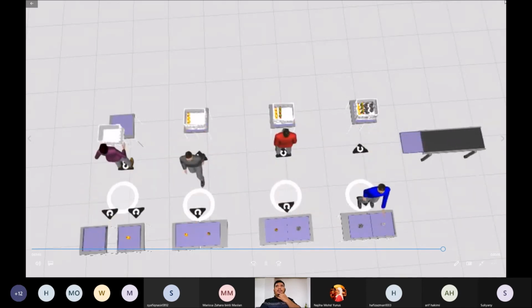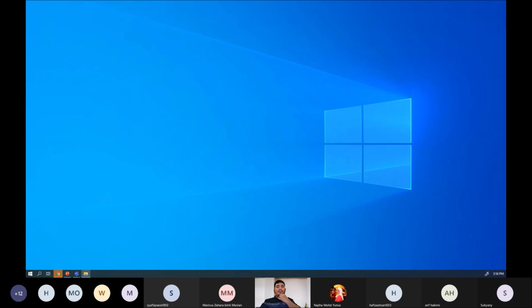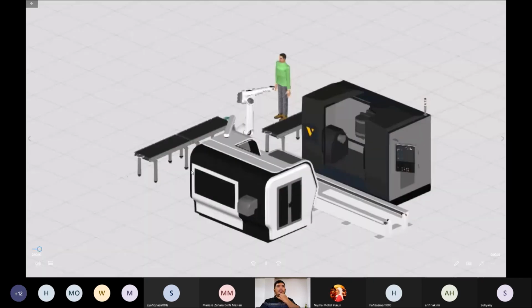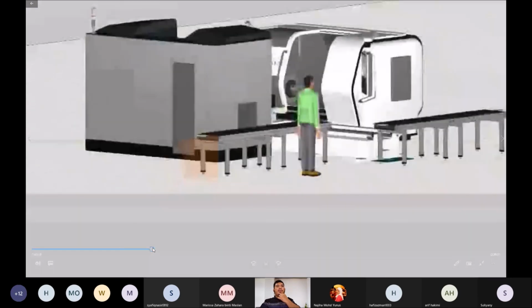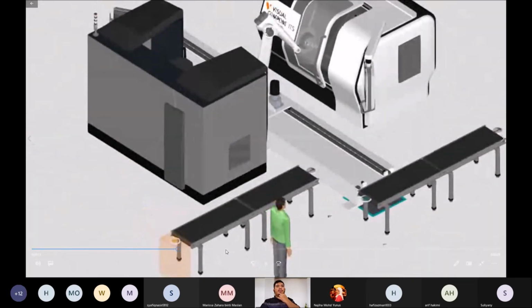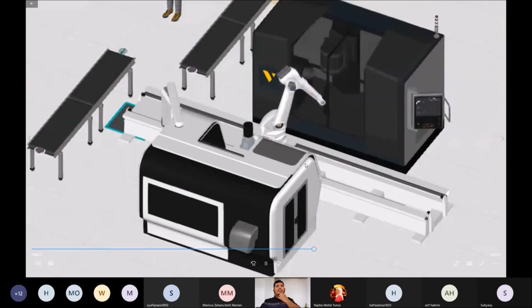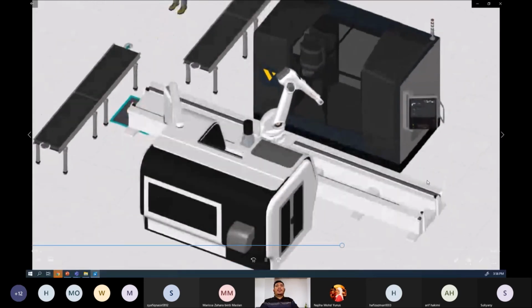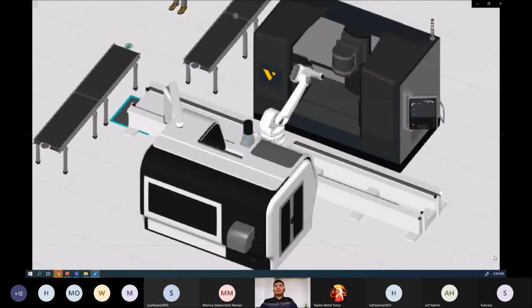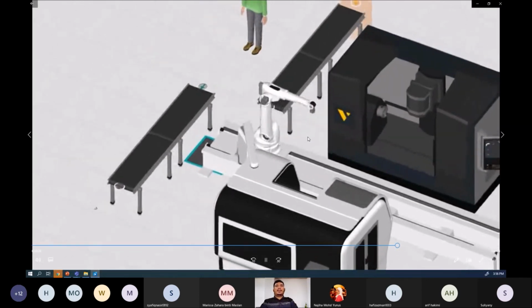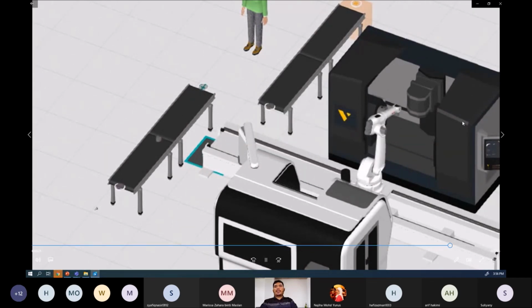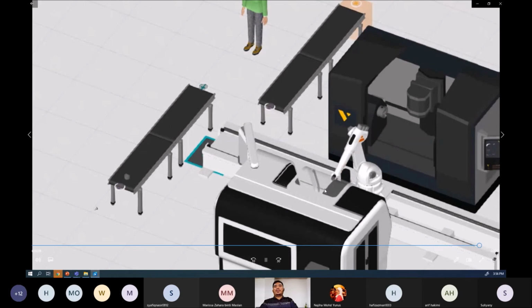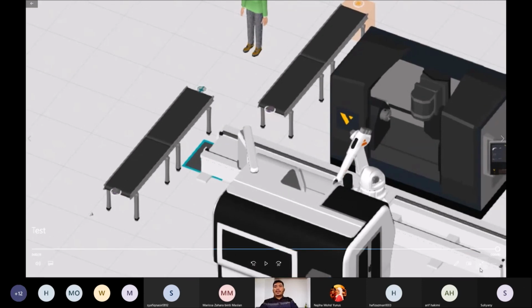Okay, so this is the Visual Components software. You can simulate not only humans but also machines. This one is better because you can simulate a robot arm, a CNC machine, a conveyor and everything. And the best thing about Visual Components is that if you have all the data, you can draw your own machine inside here. For example, if you have a machine in your industry, you can draw your own CAD here, plug it into the software and simulate it.